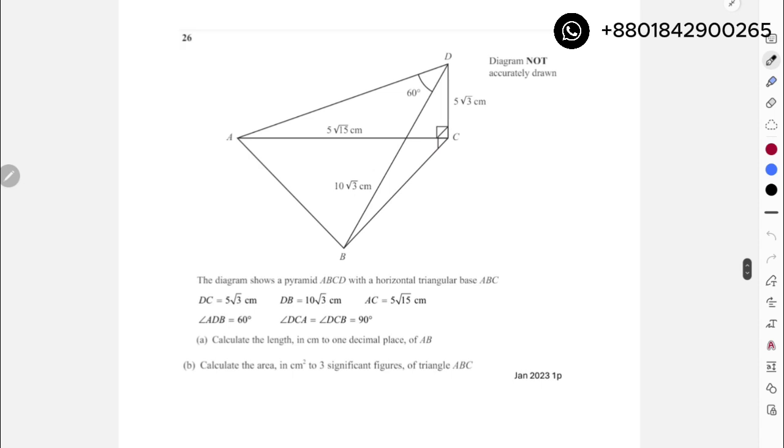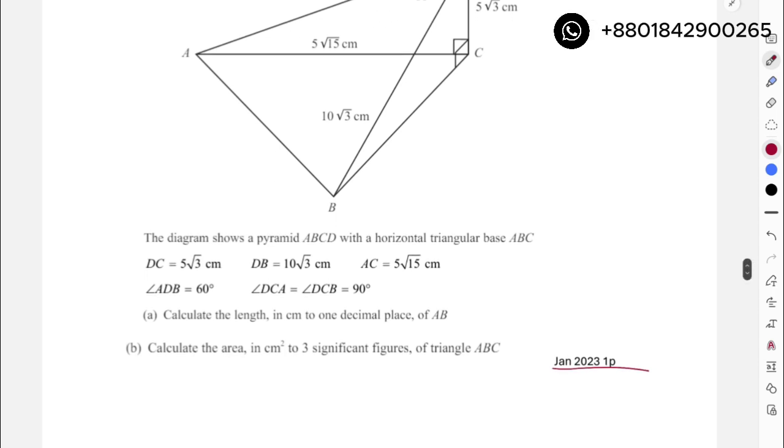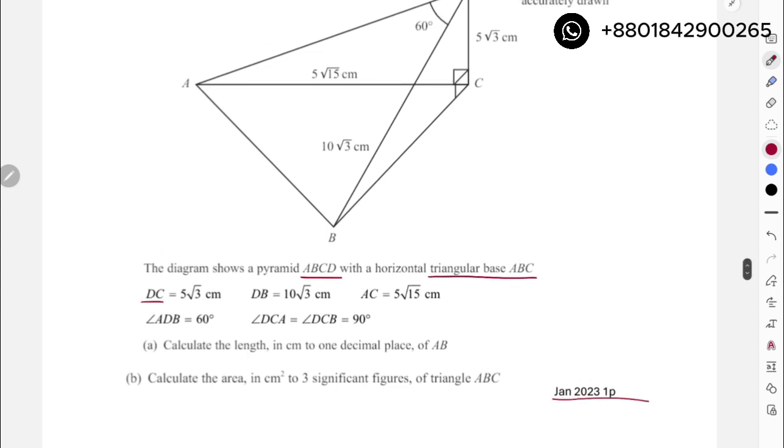This question is from January 2023, paper 1, question 26. This is also a 3D trigonometric diagram. It says that the diagram shows a pyramid ABCD with a horizontal triangular base. This time the base of this pyramid is a triangle, and they are saying that DC, which is